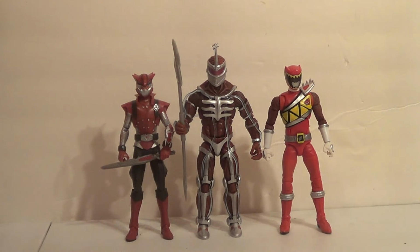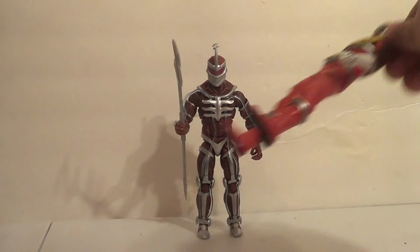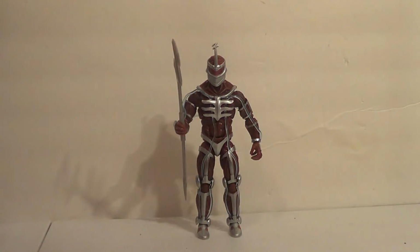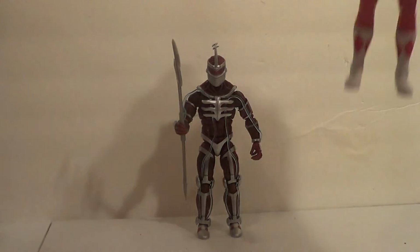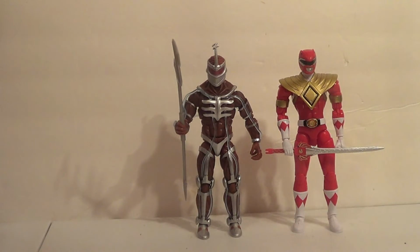Blaze. Oh, that's nice, Daddy-O. But yeah, that's other Hasbro Rangers, so we're going to take those away. Now, how about some Bandai Rangers? Of course, I got to show them off with the Legacy line, since that line was still pretty recent in the collector's consciousness. Here's the GameStop exclusive Armored Red Ranger, which they actually didn't mess me up on when I pre-ordered